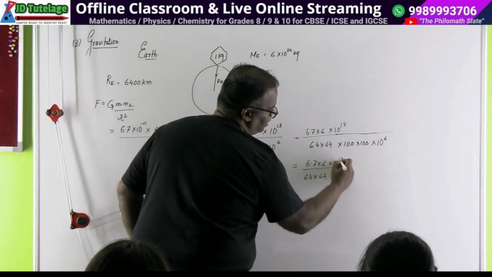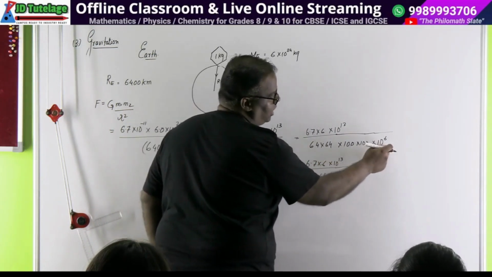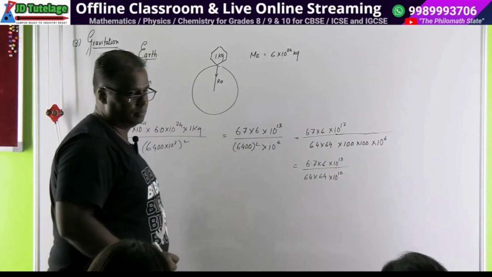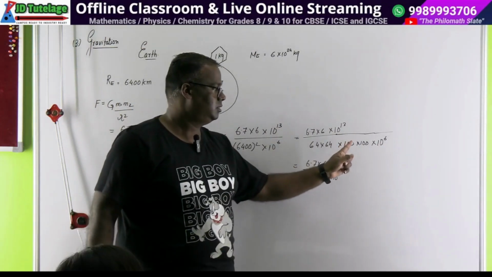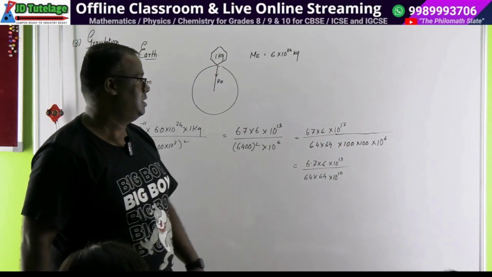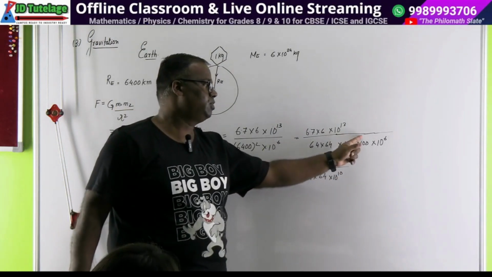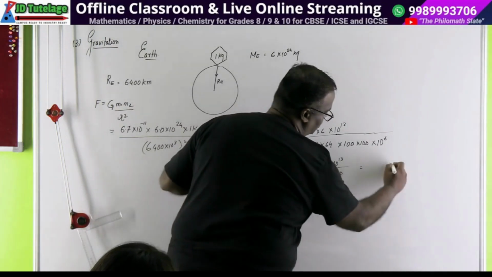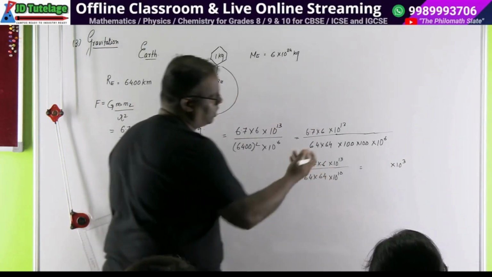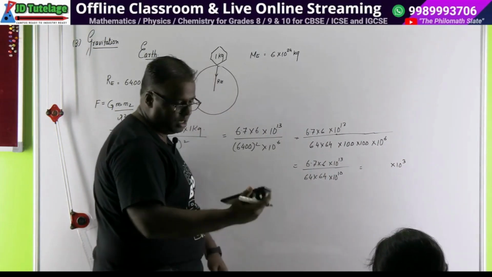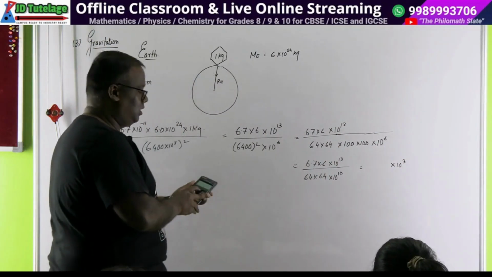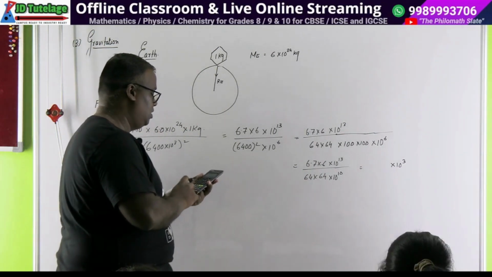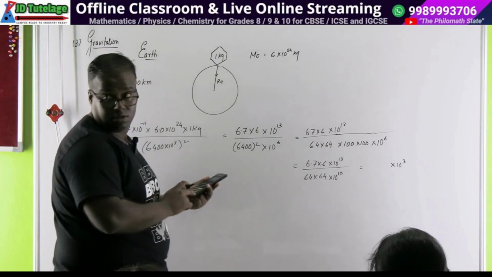और सिंप्लीफाई करो इसको, 6.7 into 6, ठीक है, नीचे कितना हो गया 64 into 64, अब करो 10 to the power 13, how much is here 10 square और 8, यानी कितना होगा 10 to the power 10, ये 10 स्क्वायर है, ये 10 स्क्वायर है, स्क्वायर स्क्वायर से हो गया 4, 4 के साथ 6 ऐड हुआ तो हो गया 10, और फाइनली ये कितना हो जाएगा 10 to the power 3, और इसको हम कर लेते हैं अपना छोटू मोटू कैलकुलेटर से, हर समय तुम्हें साइंटिफिक कैलकुलेटर की जरूरत नहीं है। 6.7 into 6 डिवाइडेड बाई 64, ओके, अगेन डिवाइडेड बाई 64, ठीक है,